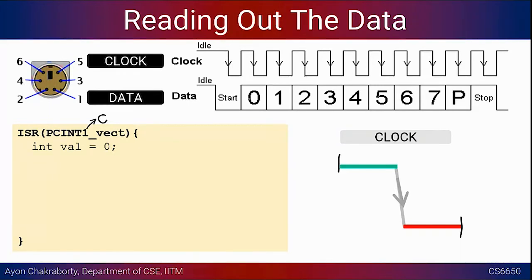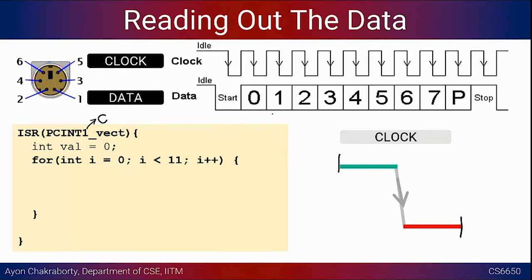So the first thing that we want to write is a loop. Basically, we want to capture all the 11 bits that are coming to the data pin. Data is connected to A3. So what should be done now is, since the clock has changed,